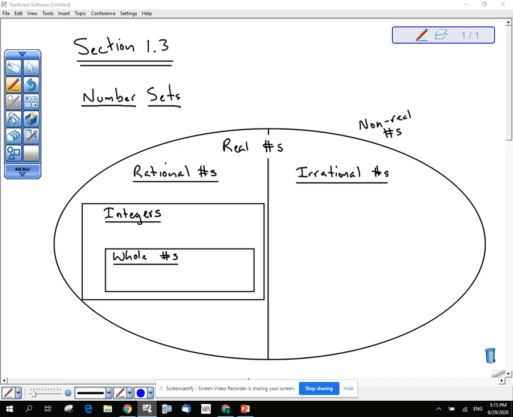Algebra 1, Section 1-3. Let's talk about number sets. The umbrella term would be real numbers. And it's probably a term you've heard before. In fact, I would venture a guess that every number you've ever encountered in your life in a math class